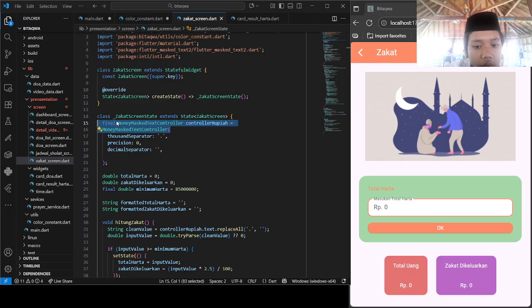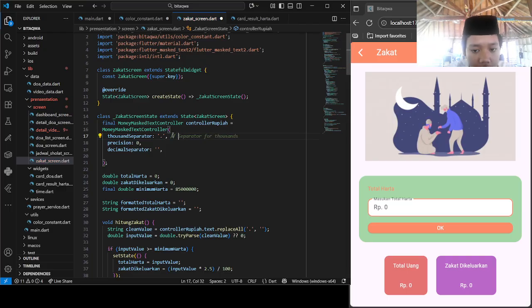If we input 1.000.000, it becomes automatic. And thousand separator, like the name, is for separating with the dot.